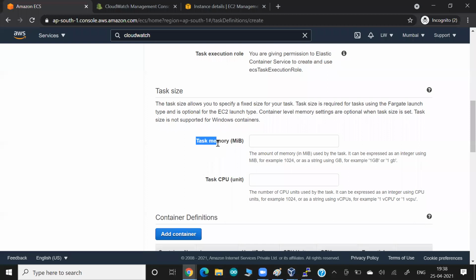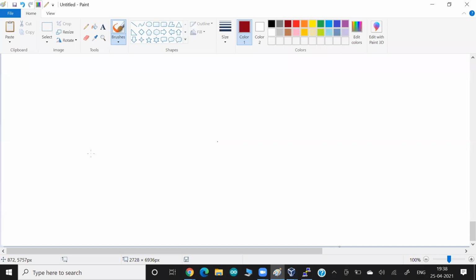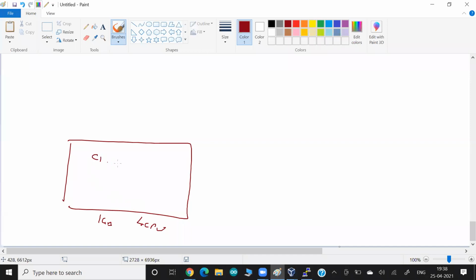Guys, here they're talking about task memory. What I mean by this, they say we have the worker node. Okay, and this worker node, let's say you have 1 GB RAM, or let's say you have 4 CPU. So for my task, I'm going to launch a container, maybe 1 container or 2 or 3 containers, right? So 1 container launch, maybe you have a replica of 3 replicas, so 3 containers launch from 1 single image, meaning 3 OS we launch. But in totality, how much RAM or CPU we want to provide to this guy. Okay, so that is our task